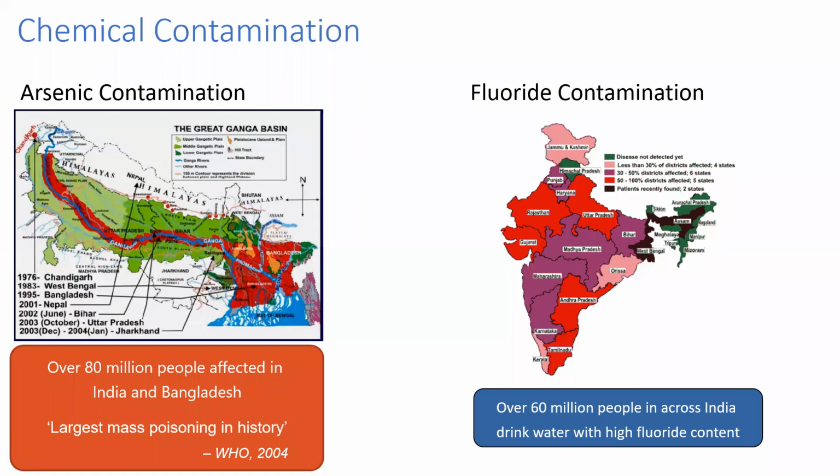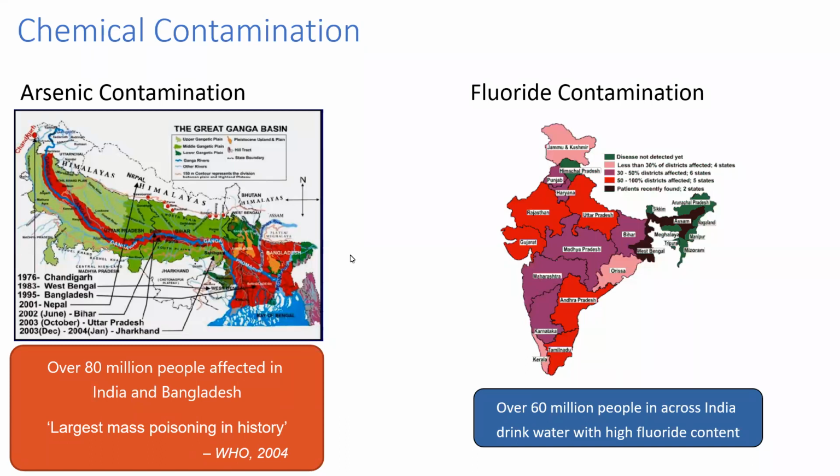So arsenic contamination, like in 2004, WHO said that over 80 million people were affected in India and Bangladesh. You can see this is our Himalayan range, and from the Himalaya we have this river Ganga starting, and then it is going into Bangladesh, and then stopping at the Bay of Bengal. So you can see all this Gangetic Delta, and both sides of the river have a lot of arsenic in the water, and those people living near the Ganga and having borewells actually consume a lot of arsenic on a daily basis,